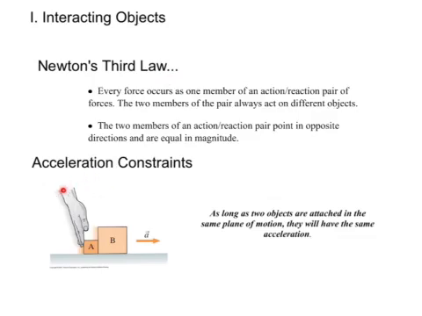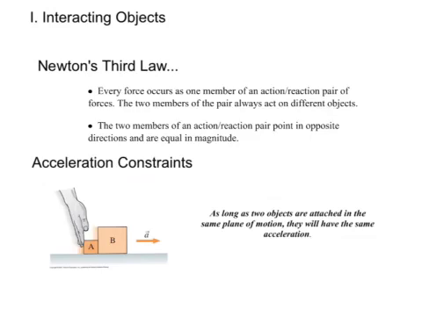So imagine we've got these two boxes sitting here. Box A is pressed up against box B and we're pushing on box A. As long as these two objects are attached in the same plane of motion, they're going to have the same acceleration. And we call that an acceleration constraint. So these two objects are constrained to have the same acceleration as long as they're attached. But what we can do is look at them individually and use that acceleration constraint to help us solve problems